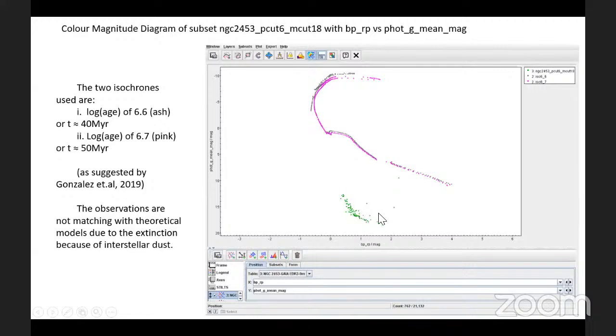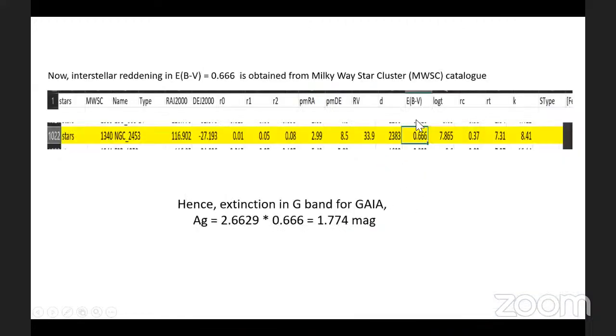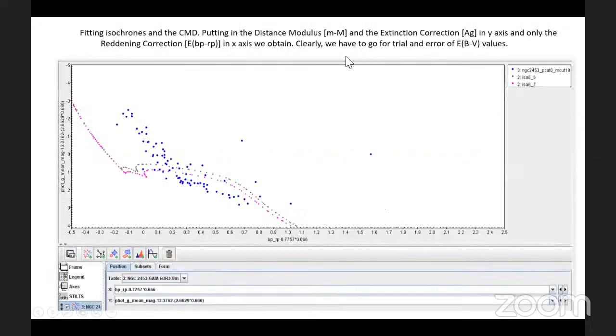So I need to correct for the extinction. From the Milky Way star cluster catalog, I obtained an interstellar reddening value of 0.666, and applying the extinction in the G band for Gaia using the factor of 2.629, we get 1.774 magnitudes. Implementing all this to correct for the shifts in the